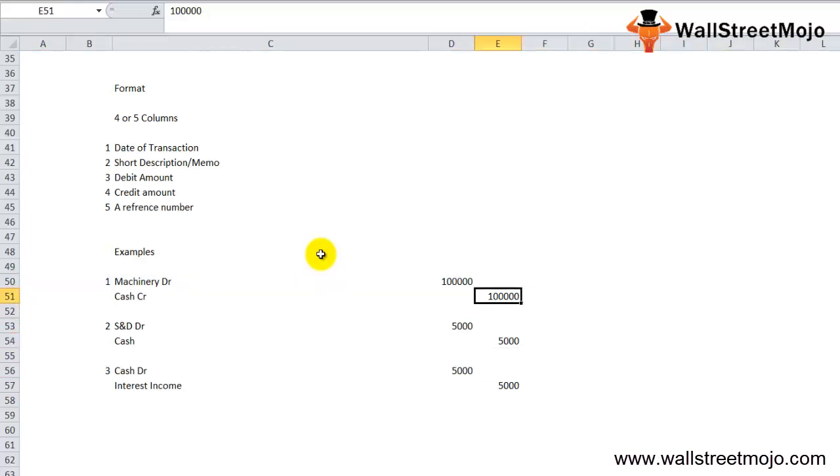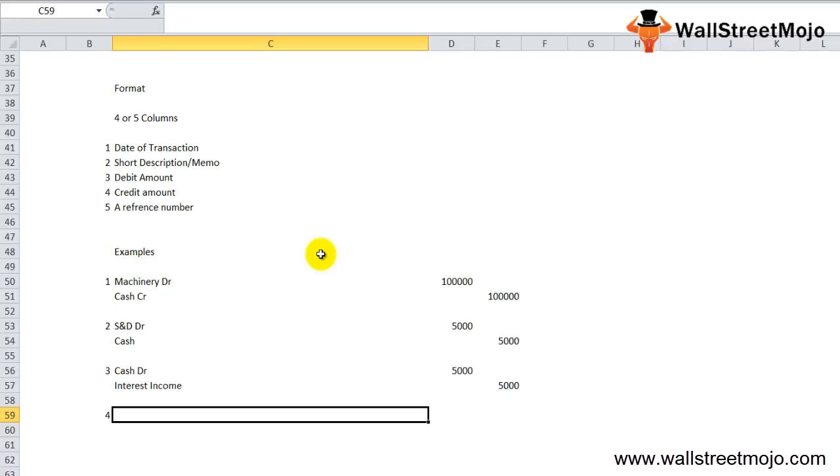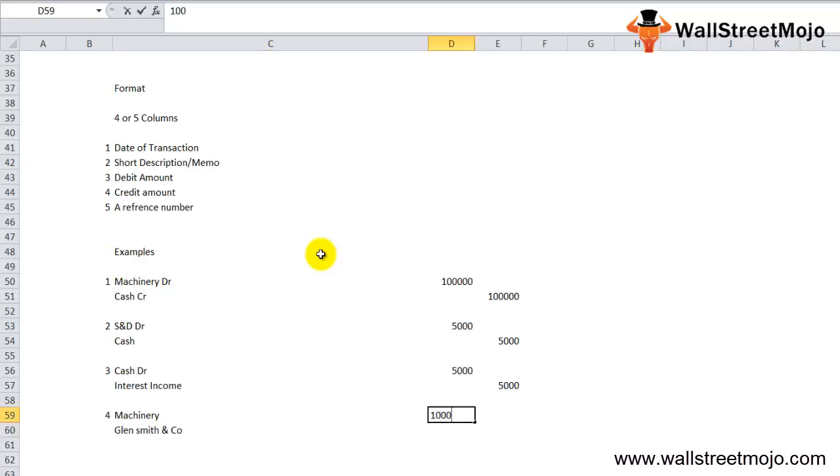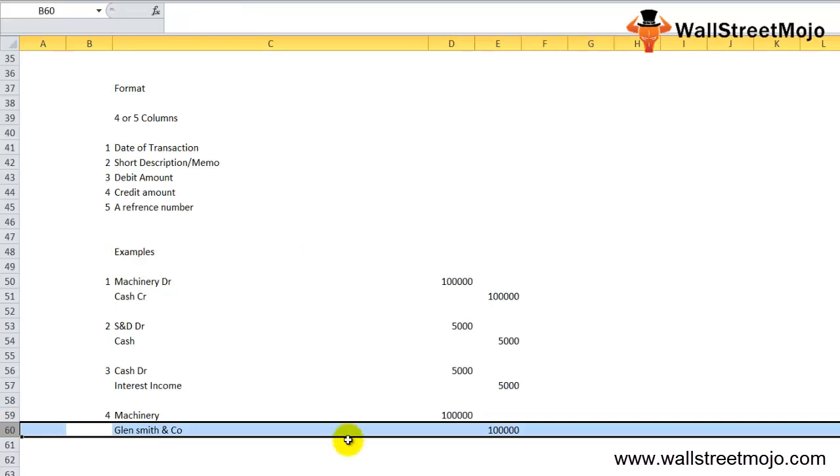We took one of asset. Now let's take one of liability. Let's say you purchase that same machinery, but not with cash, but with the help of liability. Let's say you purchased on credit, so creditors will open up. Let's say you purchased from Glenn Smith and that was of 1 lakh. So the above entry now converts to, instead of cash, there's a liability that is standing. So these are a couple of examples that you need to understand, so that you have a great idea about